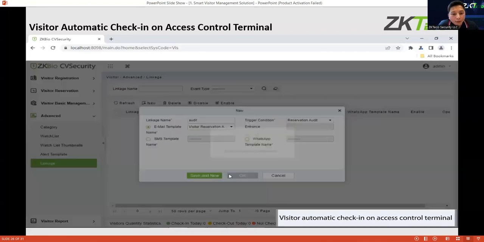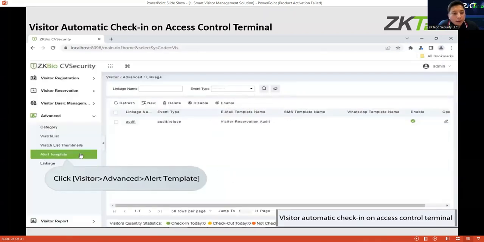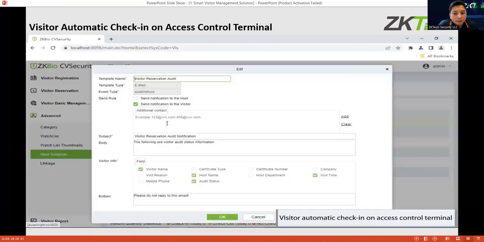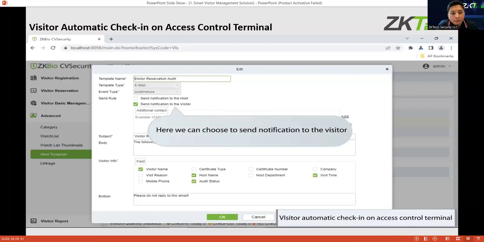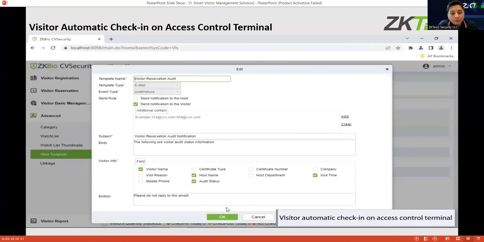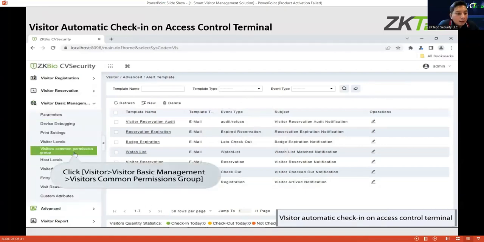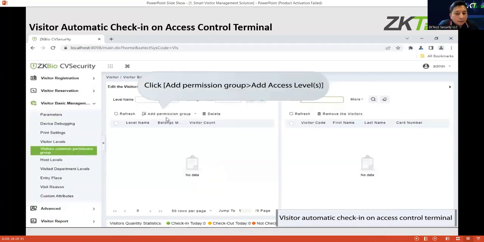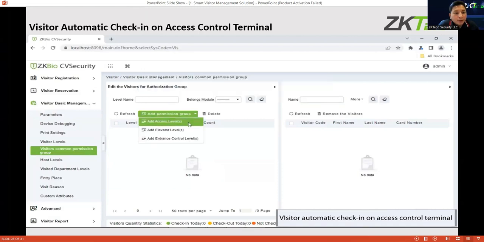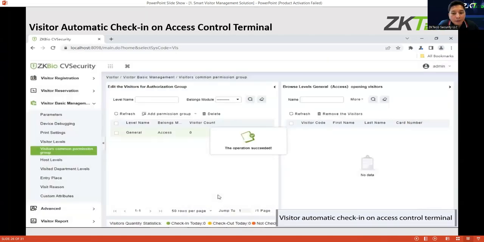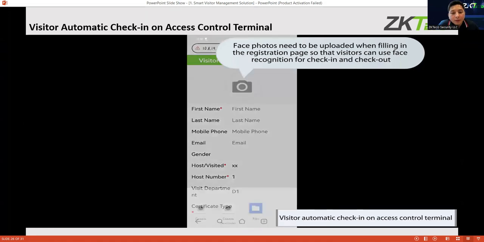Observation audit, so you can see the linkage area. After that, you can add an access level so that it can give the visitor access to come and enter the premise.